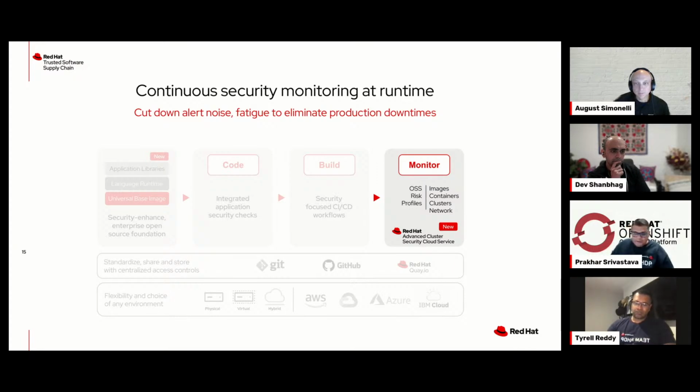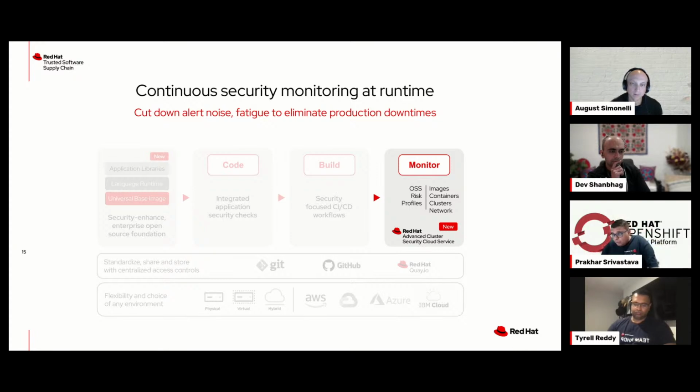Now, okay, we have done the coding, we have signed our code, we have looked for the vulnerabilities, we have built our images, we have verified all the images are good, we have signed them. Now what? Now our applications are running in production. What next? Now it comes to monitoring them. The applications already running in our environments, we want to monitor those runtime applications. We want to know the real-time vulnerabilities, because every day a new common vulnerability, a CVE, will be released. So how will we know that our running applications are not getting affected by them?